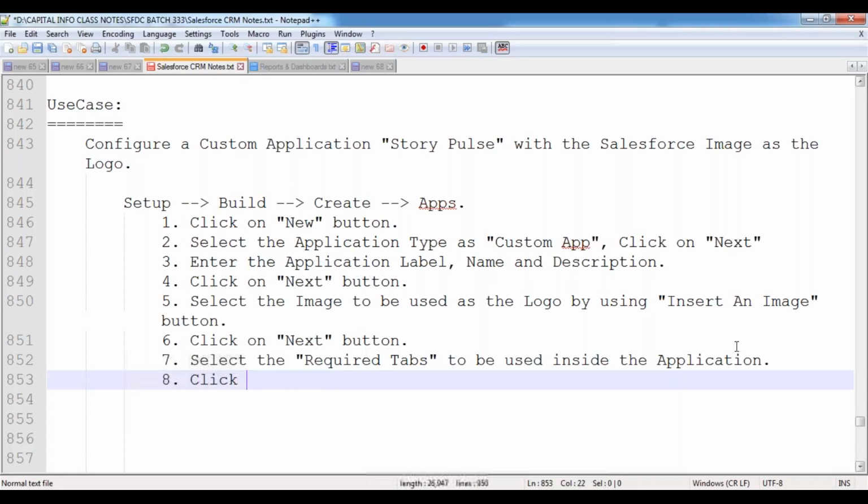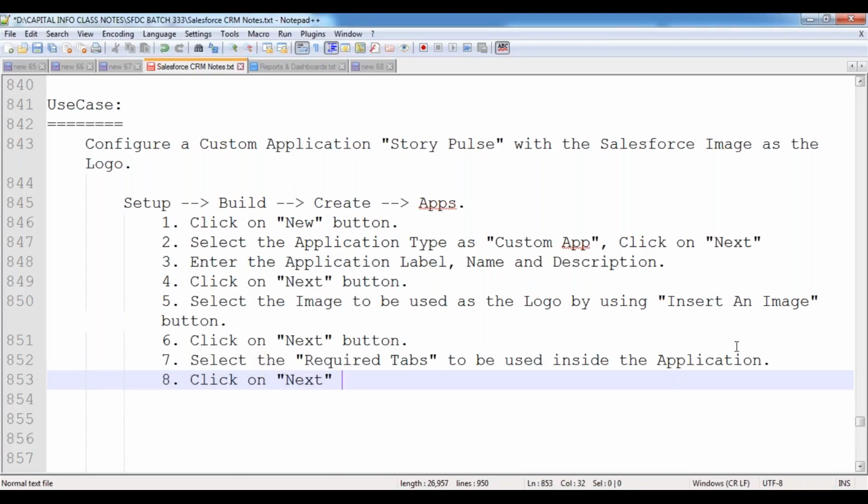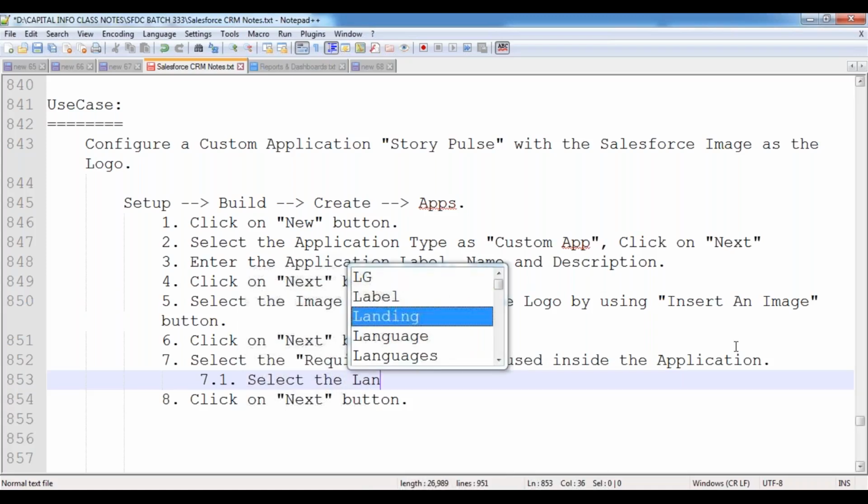And then click on next button. Okay, click on next button. Here in this case, as part of the 7.1, we can select that landing tab also. Now select the landing tab